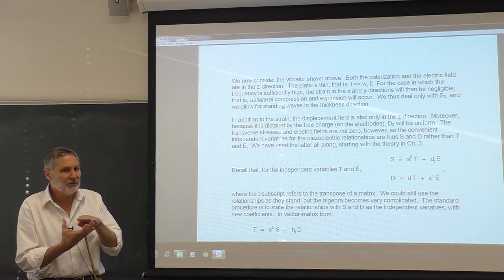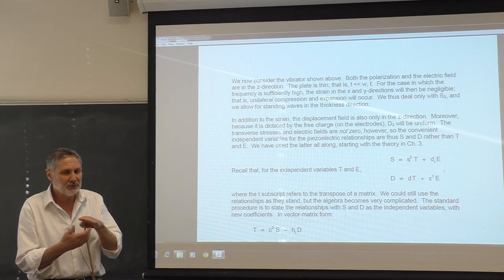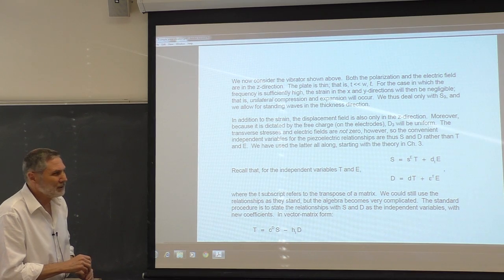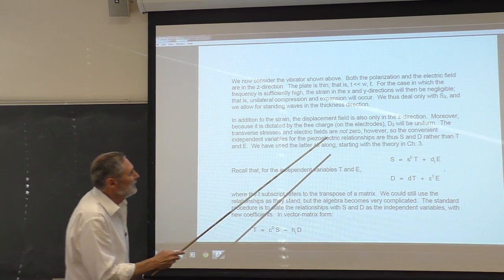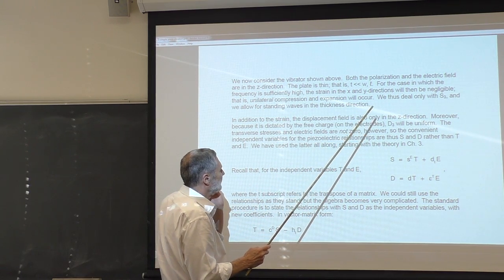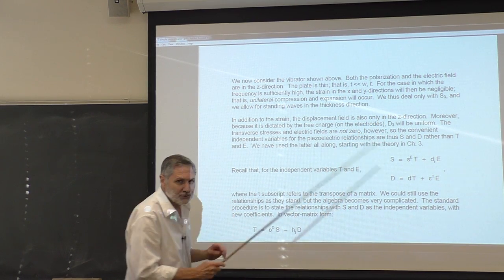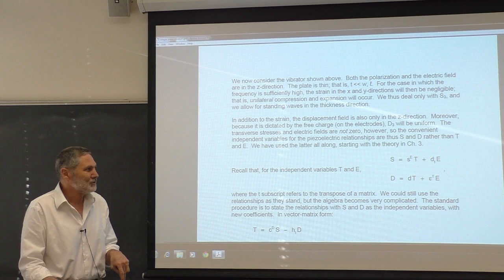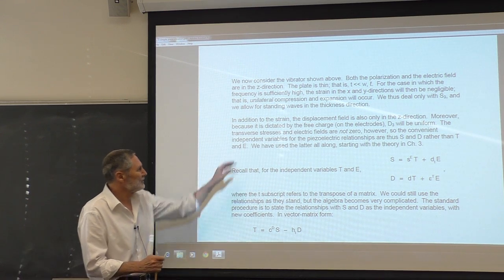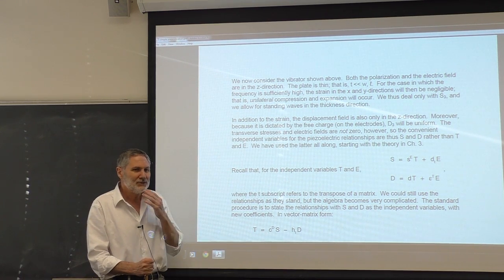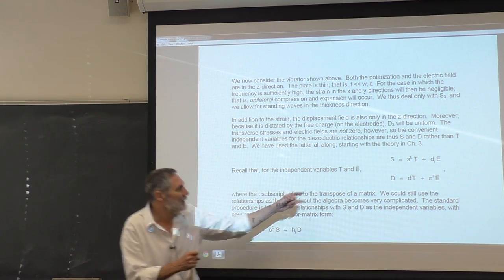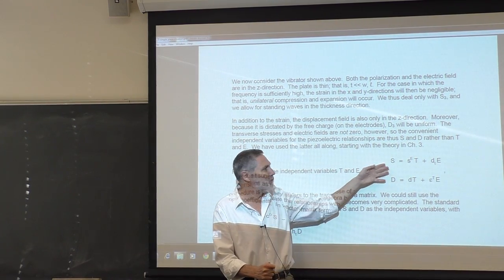So we're going to have a strain in the z direction. Do we have any strain in the xy direction? No. That's what unilateral means. The motion is just this way. So you want to realize something here. There's no strain in the transverse direction. So why is that important? Well, I'm looking ahead just a little bit, but it would be nice to use strain as an independent variable,